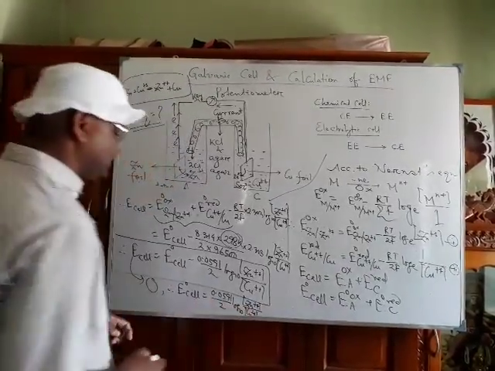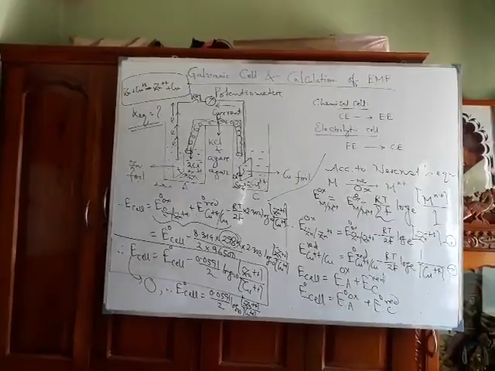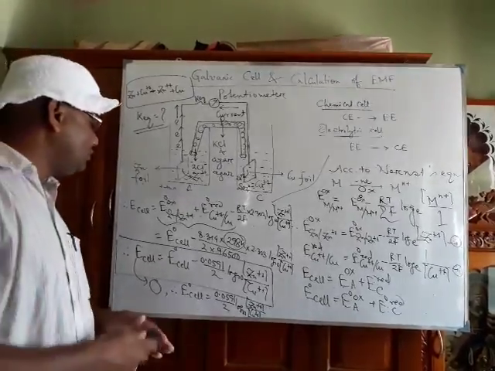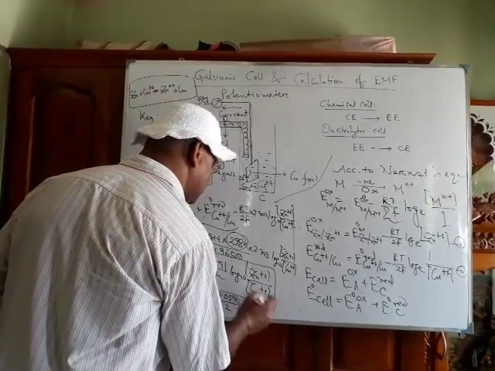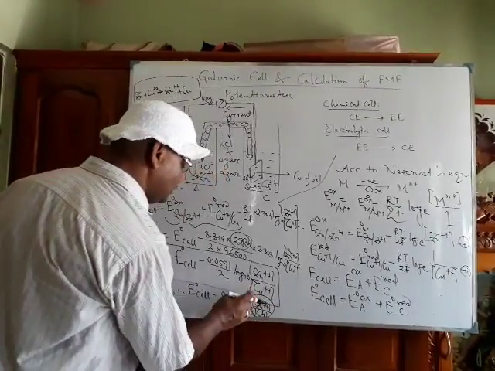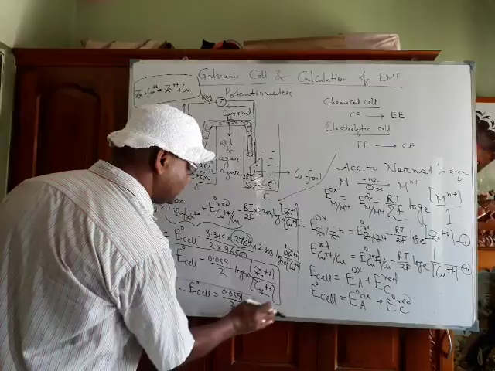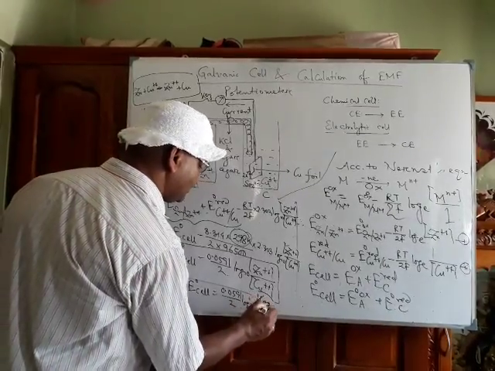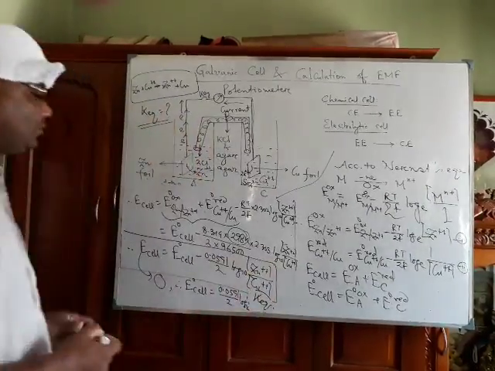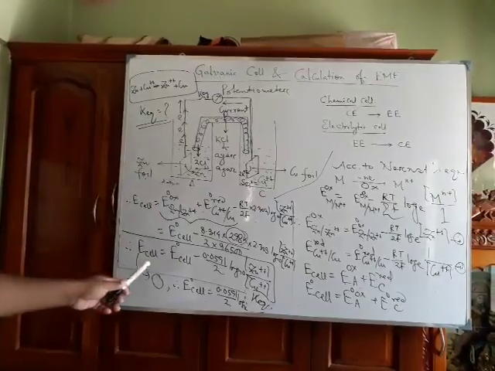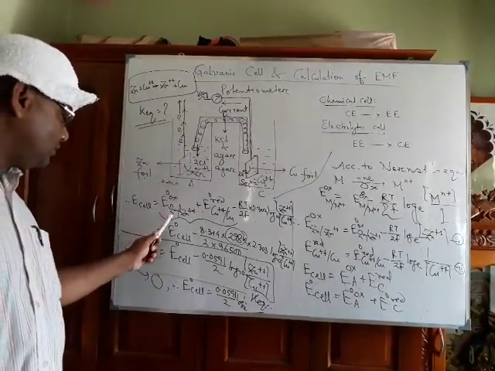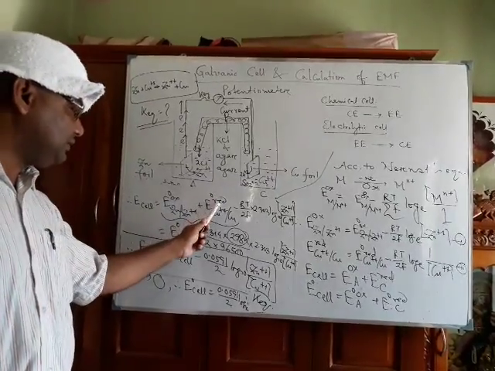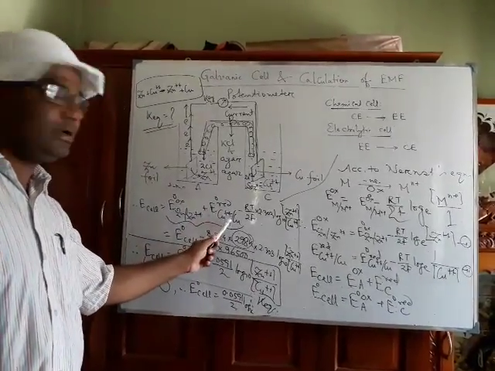With the help of this expression you can find out the equilibrium constant. Actually you know this part, concentration of zinc ion by concentration of copper ion. Instead of that, simply you can write this will be K equilibrium. So in this way the equilibrium constant can be calculated with the help of this expression. Keep in mind E0 cell will be E0 ox of Zn++ plus E0 red of Cu++/Cu.